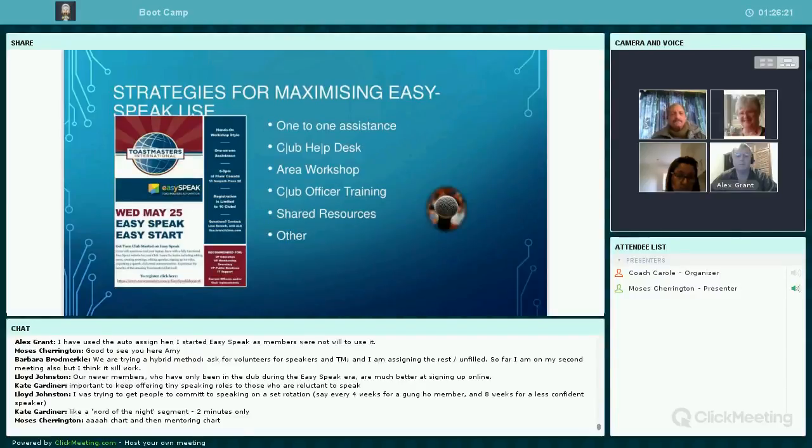You might invest a little more time and have a club help desk. You might even persuade the next area training to include an EasySpeak workshop. Or you could have club officer training specifically for that. And of course, share your resources.